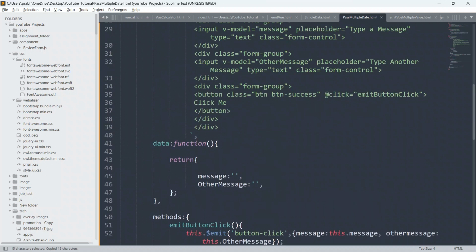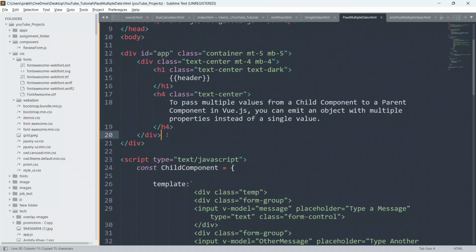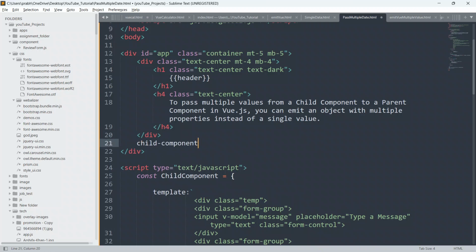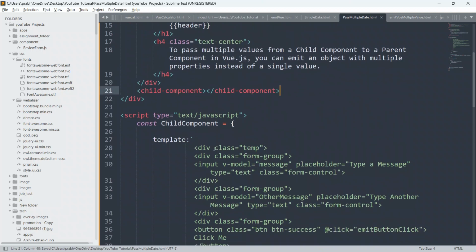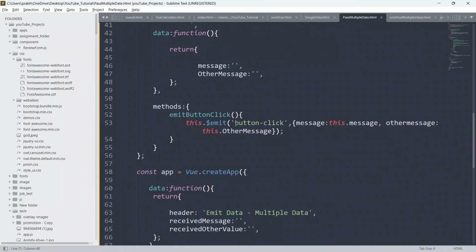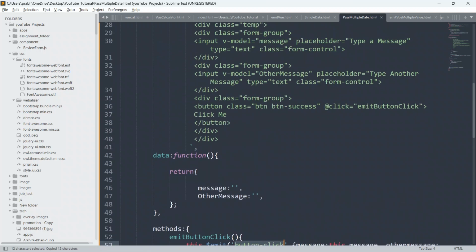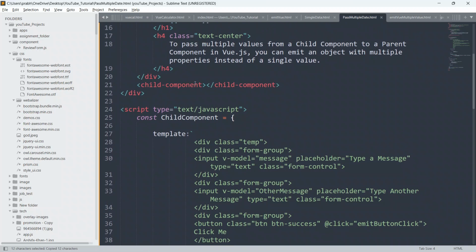So copy this from here, and just below this we will create a custom element, a custom tag. I will define it here, paste it and close this. Now you can see we have defined one custom event name also, which is button click. We have to define this button click on this child component's custom HTML tag. So I'll say here @,